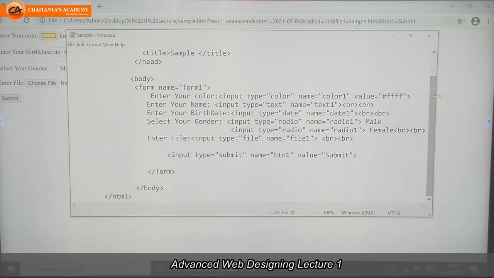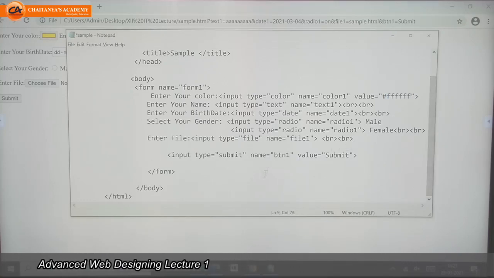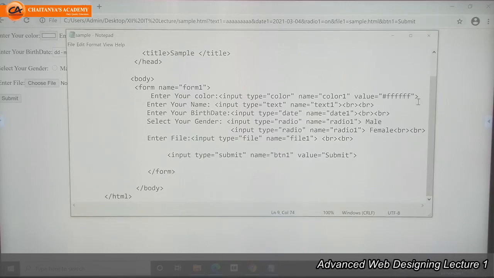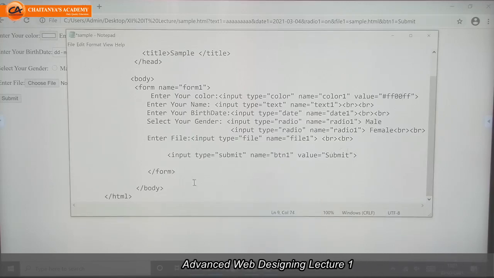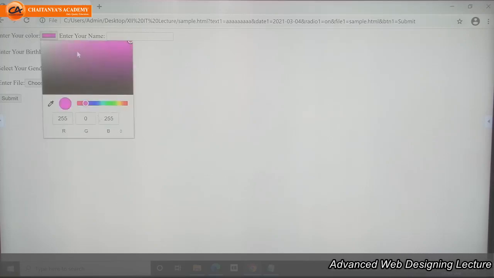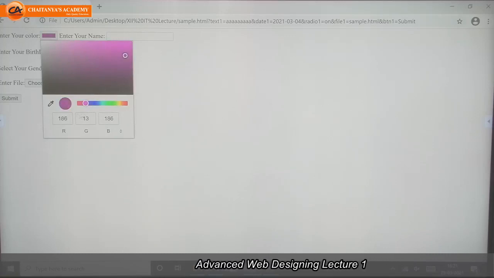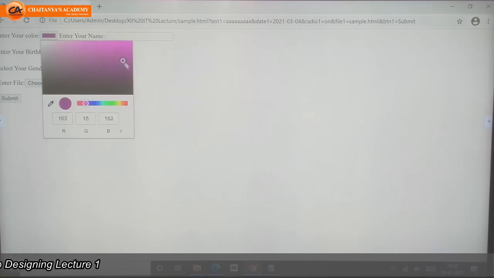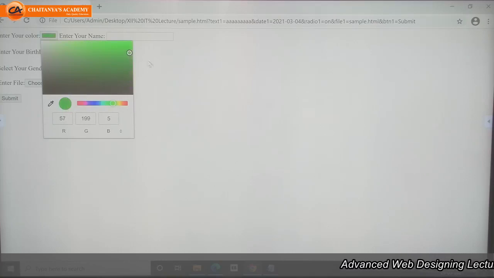If I write FFFFFF, the color code is for white color. So it displays the color picker. So you can select whatever color you want.